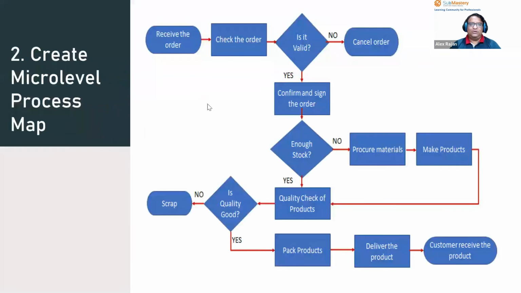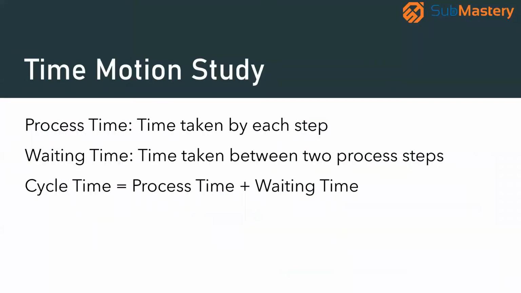So once we look into the micro level process map, we try to see what is the time taken for each process step and what is the waiting time between the process steps. When we put all this time together, we can say what the cycle time of the process is, by looking at the total process time and total waiting time of the process. That's why we create a process map. So this is the lean part of the measure phase, where we create a value stream map, we create a micro level process map, and then we do a time motion study to understand the process time and waiting time between the